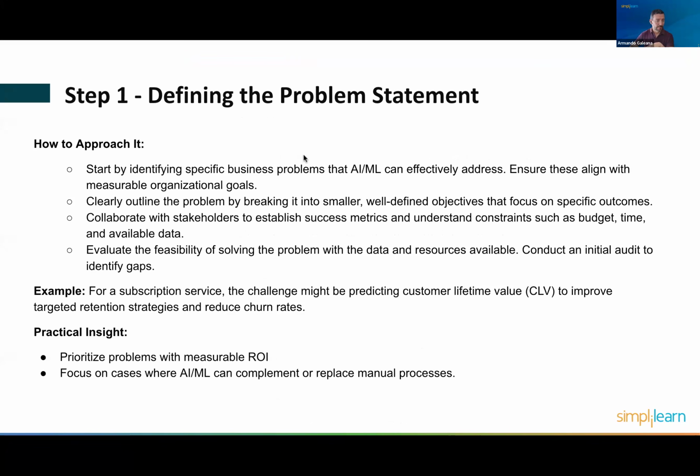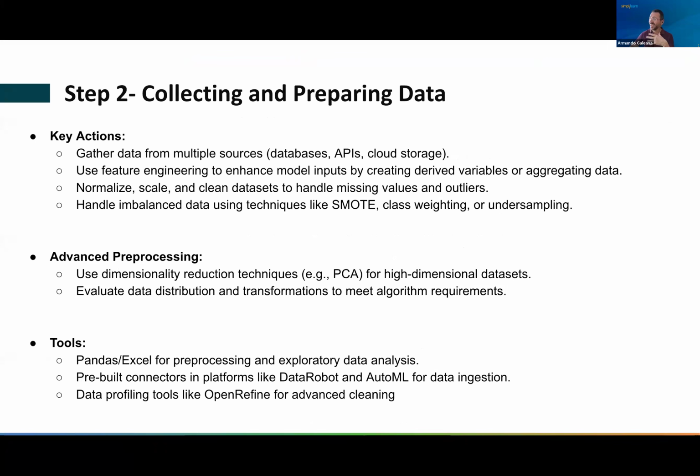The next part is collecting your data and preparing the data. When we start training or come up with a model, remember that the model is the mathematical representation of your data. Generalize this so that instead of having all your data, think of a model as a mathematical summary of your data. Which means that if you don't have high quality data, you will not have a good model.